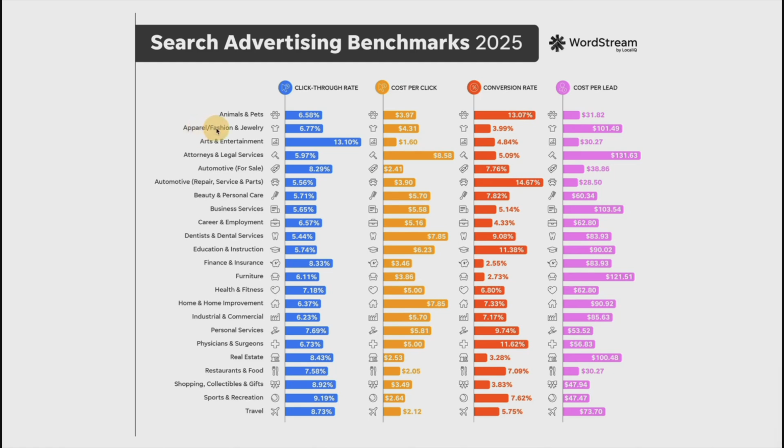Look, for example, apparel and fashion, cost per lead $101 versus animals and pets at $31.82, attorneys and legal services $131 versus automotive repair at $28. You're just looking at what the potential clientele value is, and that's pushing up the cost per lead. And that's because in the advertising in a cost per click space in Google, with the smart bidding